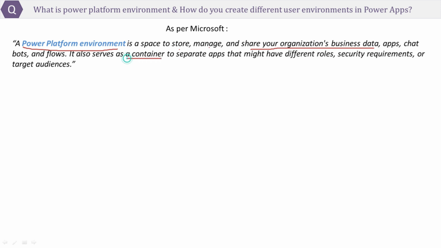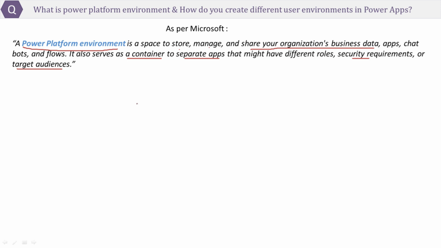It also serves as a container to separate apps that might have different roles, security requirements, or target audiences. That means you work in a dev environment, test your application in a QA environment, and finally deploy your app in a production environment. Each type of environment may have different roles, security requirements, and target audiences.